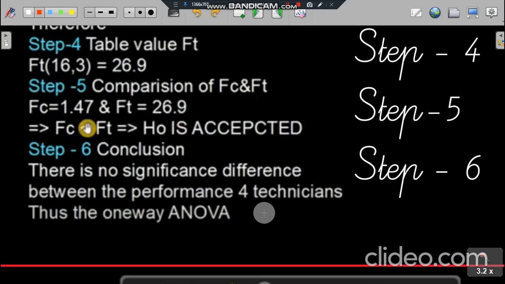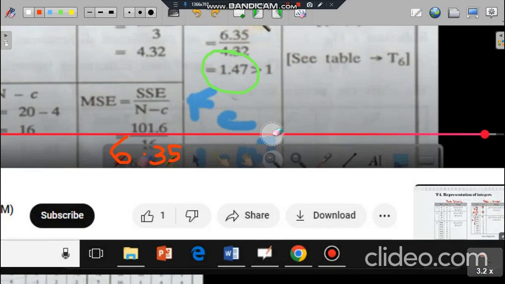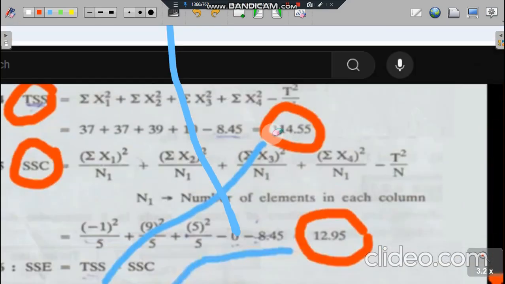That's the one-way ANOVA. So now what we understand is that H0 is accepted. Okay, that's what we are seeing here. H0 is accepted. So what is the meaning then? H0 is accepted. We assumed at the beginning that